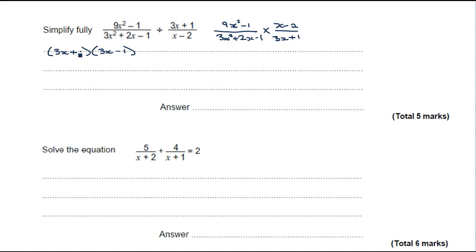So we've got the outer 3x minus 1 is minus 3x, plus the inner 1 times 3x is 3x. So those cancel. Minus 3x plus 3x cancel. And we just get the last term, the 1 times the minus 1. Giving us our minus 1 here. So that's factorised the numerator here. And then I can multiply by the x minus 2 so that I can join these together now. So single fraction bar,